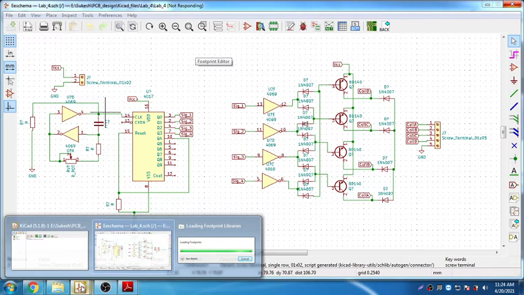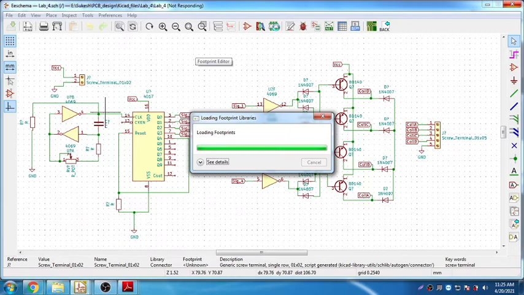It's taking much more time to load the footprints. Okay, let me reload this again. So you need to open the footprint editor here. You can do that even from here also, opening the footprint editor. So open a footprint editor, then a new window is going to appear. Now there I'm going to show you how it's going to work. So it's taking a little more time.